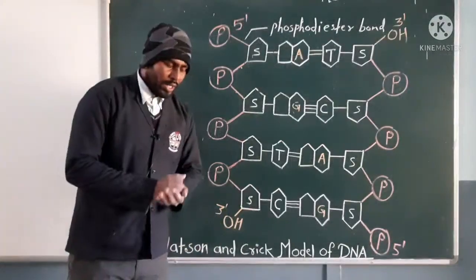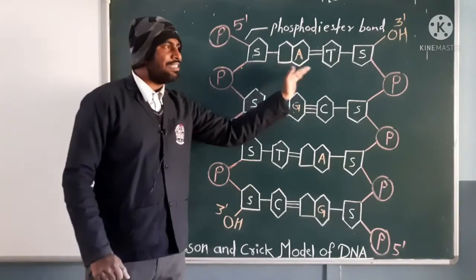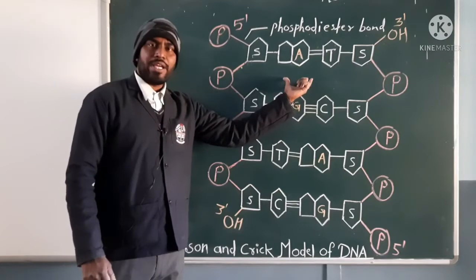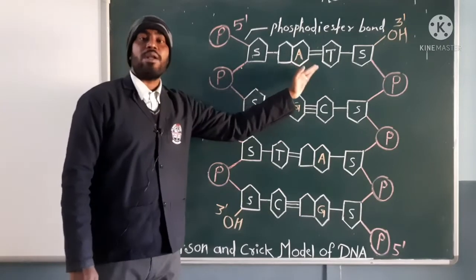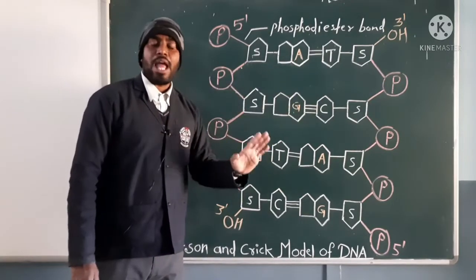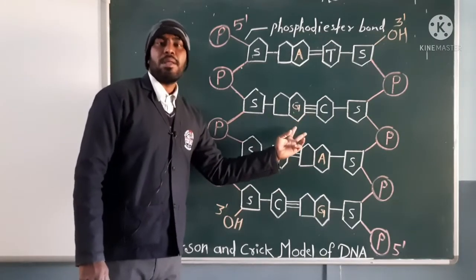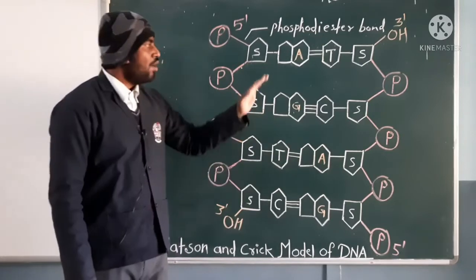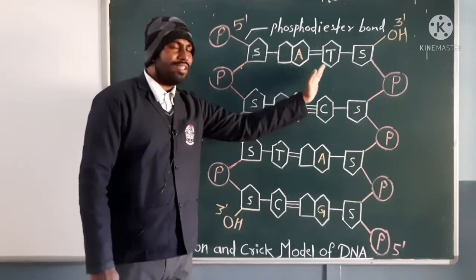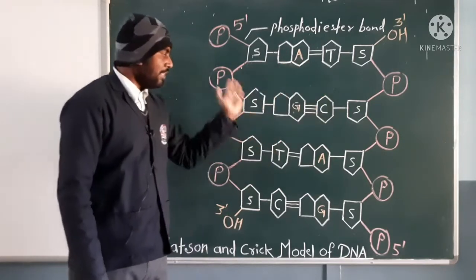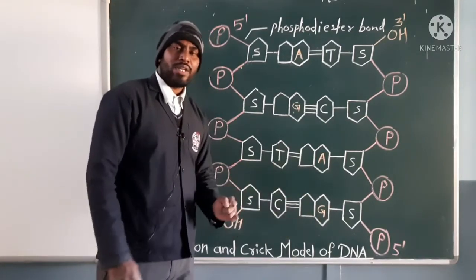Okay, one more thing was disclosed by Watson and Crick, that these nitrogenous bases are always present and attached together in a particular format. One purine is always attached to one pyrimidine. It never happens in DNA that two similar purines or two similar pyrimidines attach. Never ever, beta. One purine always binds with one pyrimidine, and if it is the opposite, one pyrimidine will bind with one purine. Okay, this is the concept.